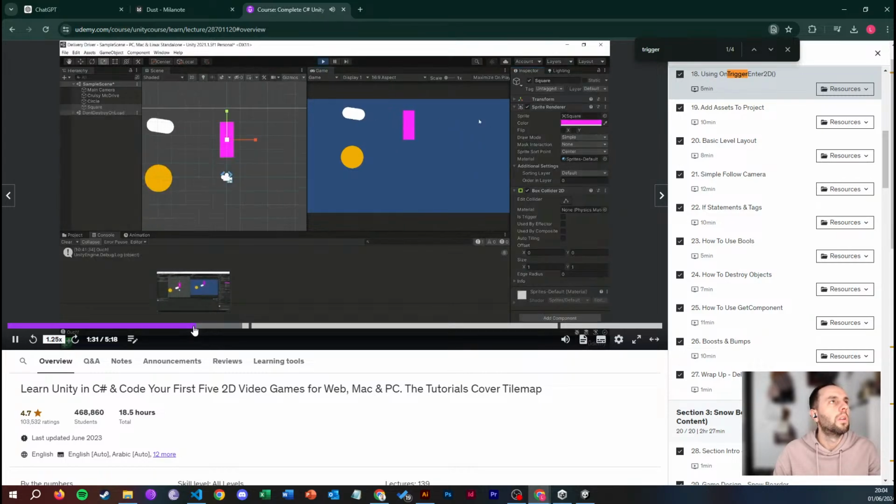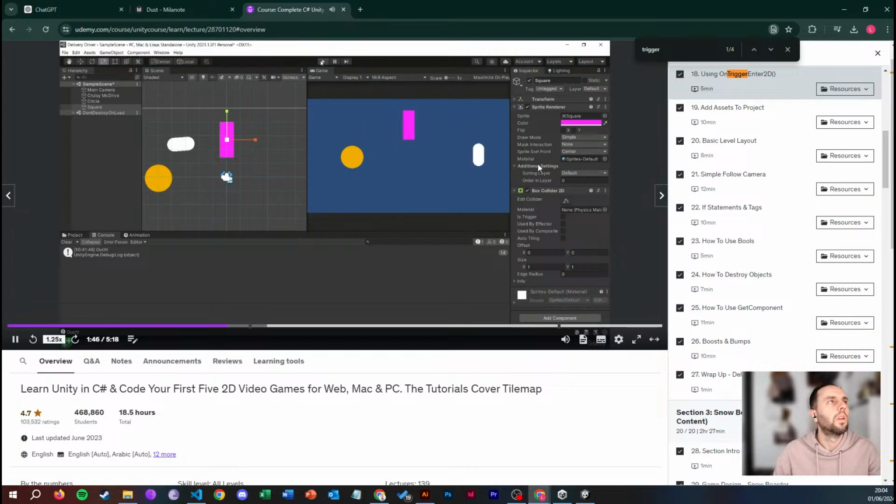But what if I want to say this is like a start or finish line, or this is some sort of pickup I want to drive over, or some sort of indicator that says that the player passed. Physics is already working here, and there's not even a rigid body on it. Maybe I don't need rigid bodies. You see is trigger. By clicking on that, we've now said that we want this collider to be a trigger